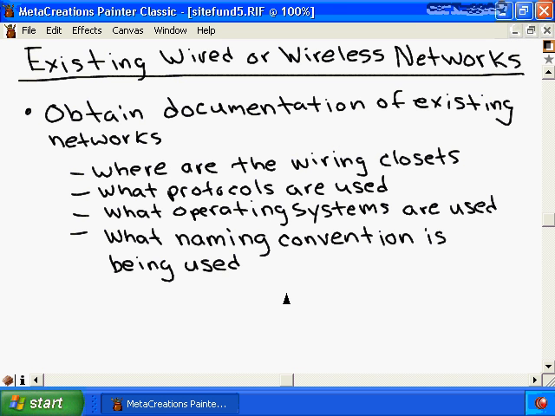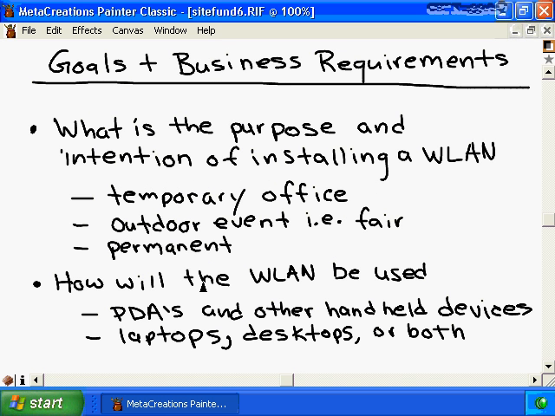Now, in addition to finding out information about the existing wired or wireless networks, we also need to know what the goals and business requirements of the wireless network are. So let's learn a little more about that by bringing up another whiteboard. So we simply need to know, what do you want to do with this thing? What is the main purpose and the intention of installing a wireless LAN? What solution to what problem that you're having with your network do you think the wireless LAN will provide